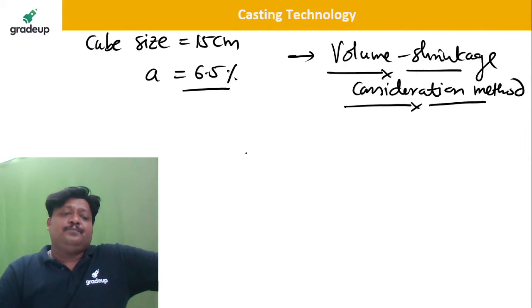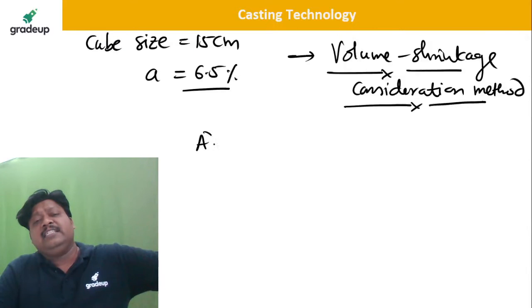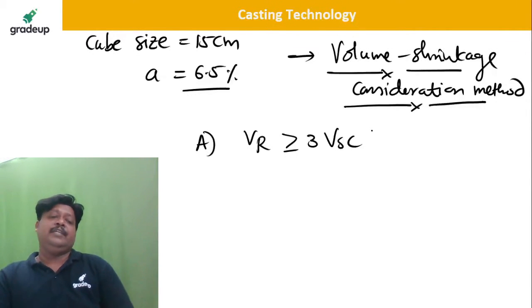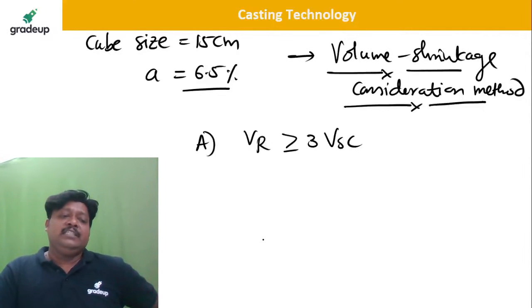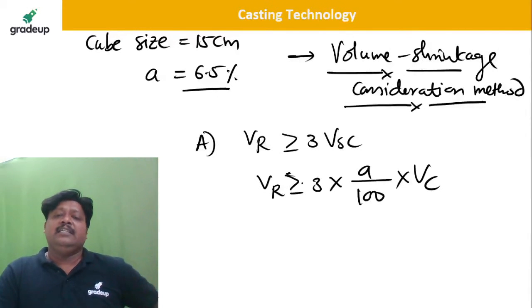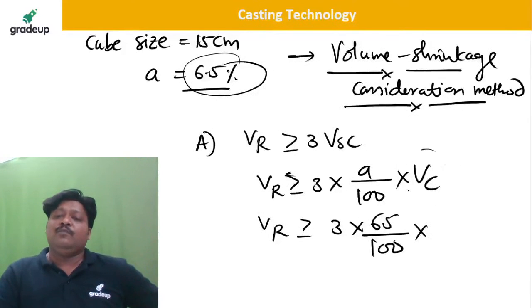So see here. In the volume shrinkage consideration method, the first case is the necessary condition, which says that the volume of the riser should be greater than or equal to 3 times the shrinkage volume of the casting. Now what is the shrinkage volume of the casting? It is A divided by 100 into the volume of casting, isn't it? So VR should be greater than or equal to 3 into the percentage of shrinkage for that material, 6.5 divided by 100, into the volume of casting, which is 15 cube,